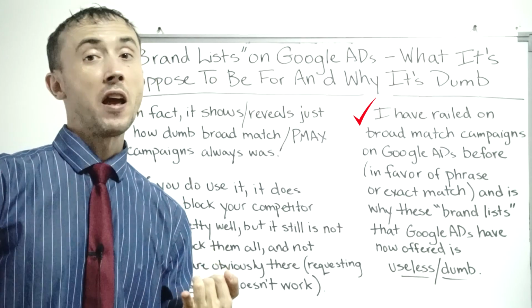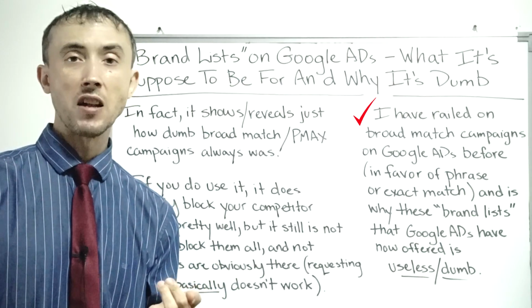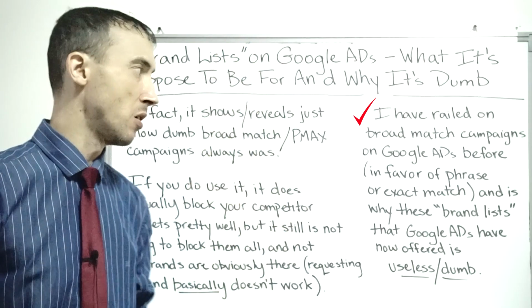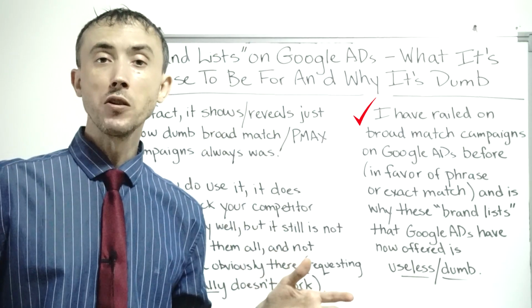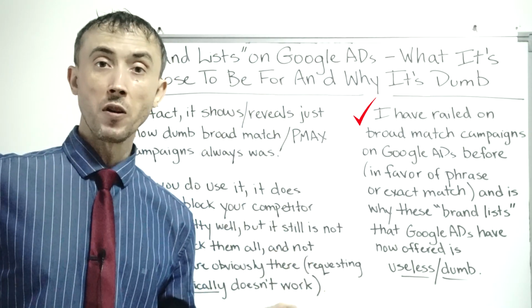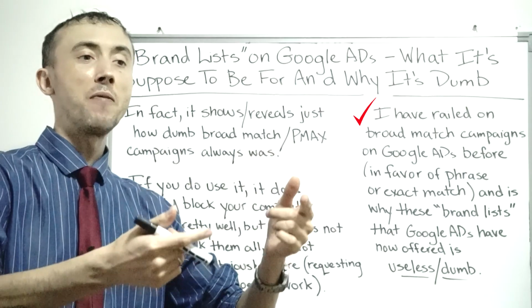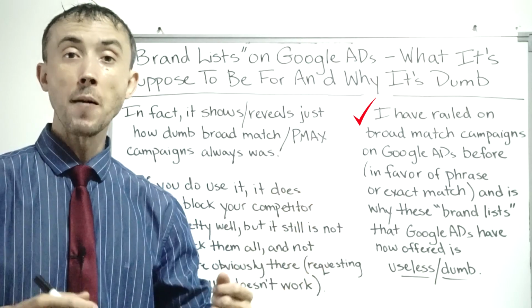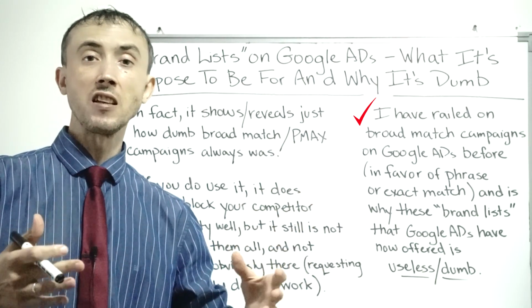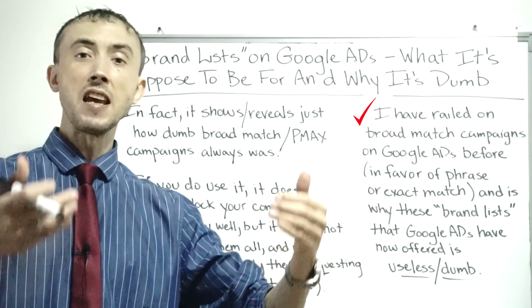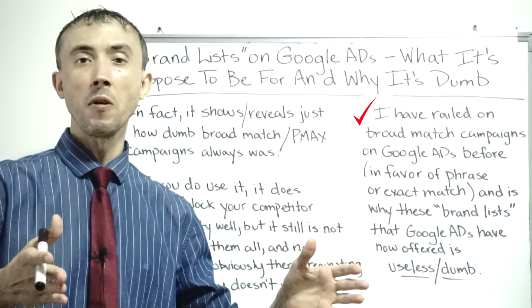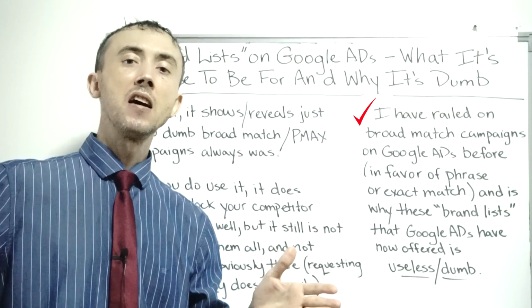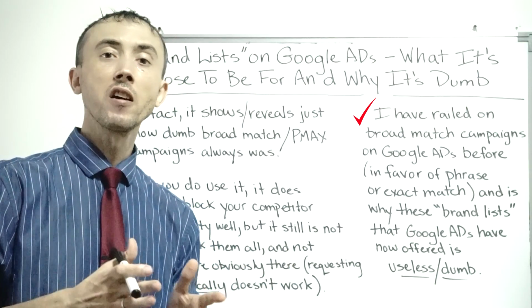When we have already run exact match keywords and phrase match keywords, which is where you put the brackets or the quotes around the keyword. Why? Because I always go after the stuff that's most likely to work first and then reinvest profits into something that's less likely to work, that will take longer to optimize, because we can still get stuff that's less likely to work if we have enough data telling us what aspects of what we did will work versus not work, and then peel away the part that didn't work,